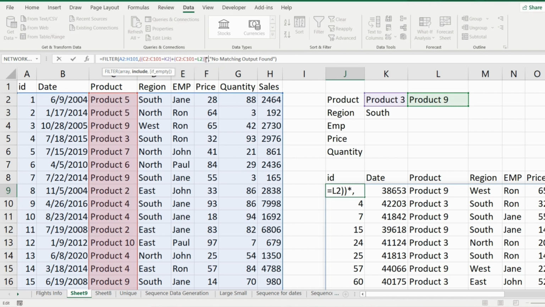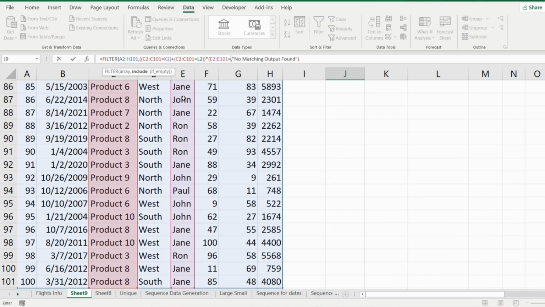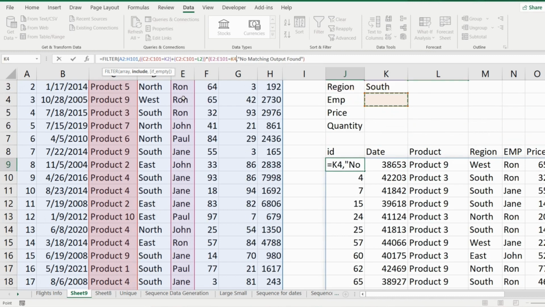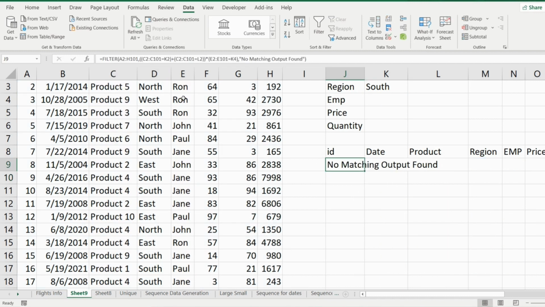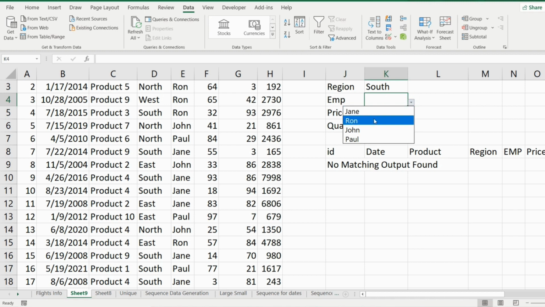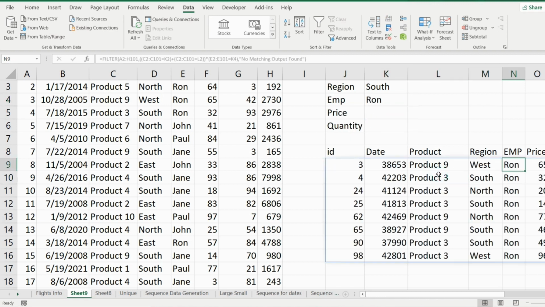We will write the multiplication sign, open bracket, select the employee as range, and then select the value from this cell. Right now we are getting no matching output found, but when we select Ron, we will get our desired result.